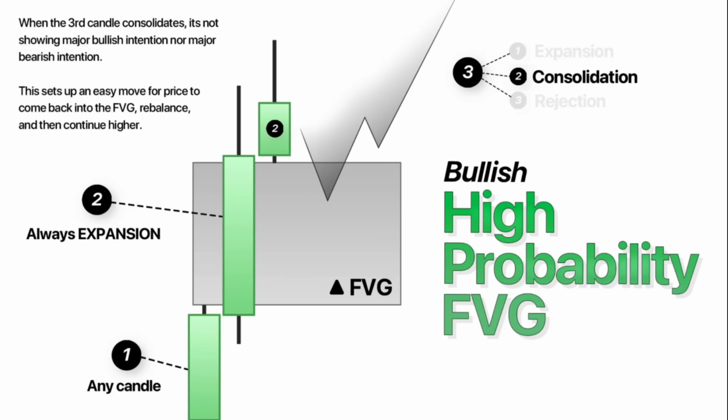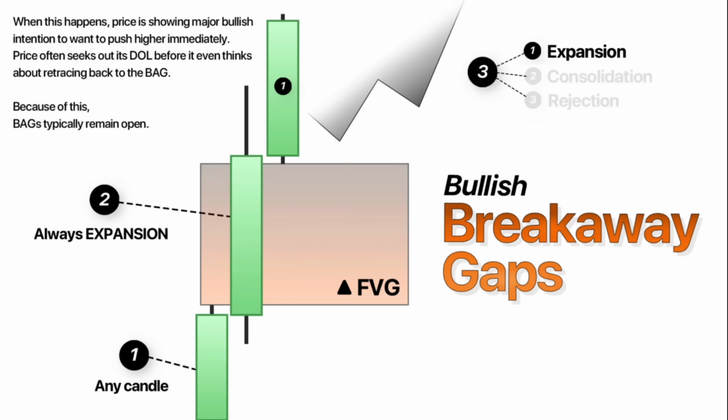You see, when the 3rd candle consolidates, it's not showing major bullish intention nor major bearish intention. This sets up an easy move for price to come back into the fair value gap, rebalance, and then continue higher. Now, how does this differ from lower probability fair value gaps? And by lower probability fair value gaps, in this context, I'm just meaning the probabilities that that fair value gap